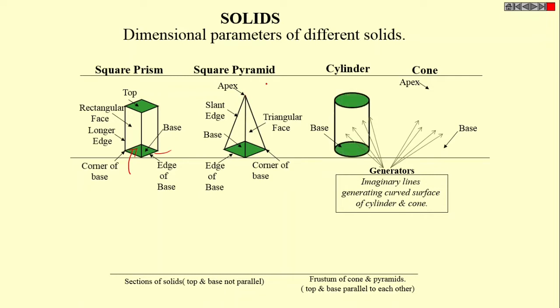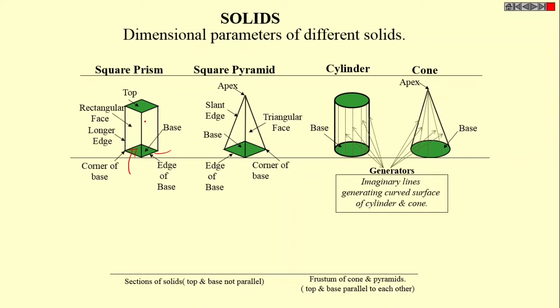Then in the case of a cylinder, once again, cylinders come under the category of group A, where the top face is exactly the same as the base, and both the top face and bottom face are closed curves. In the case of cylinders, it can be any closed curve. If that curve is a circle, then that cylinder is known as a circular cylinder. This is the base, and this is the top face. Then there are generators. These are the generators.